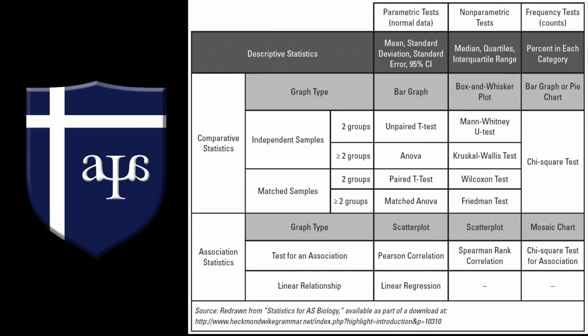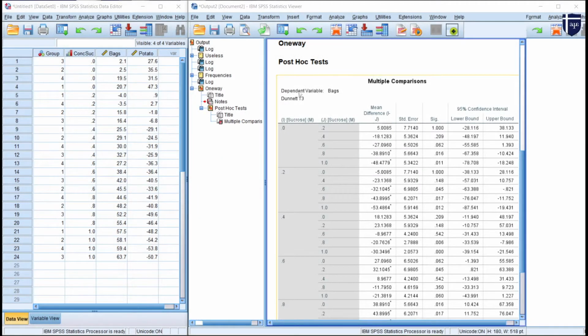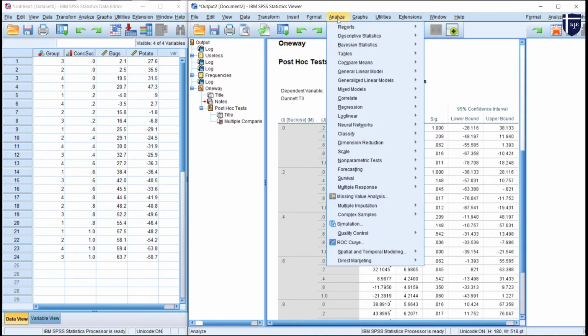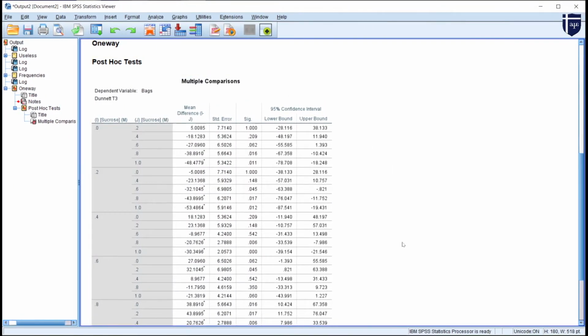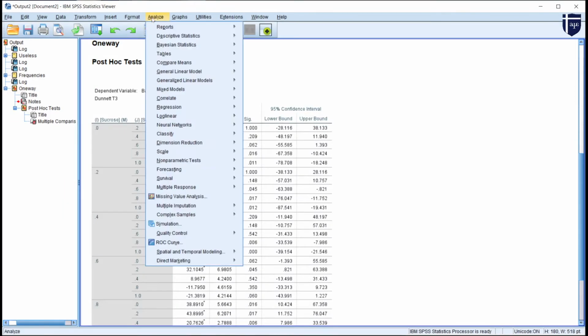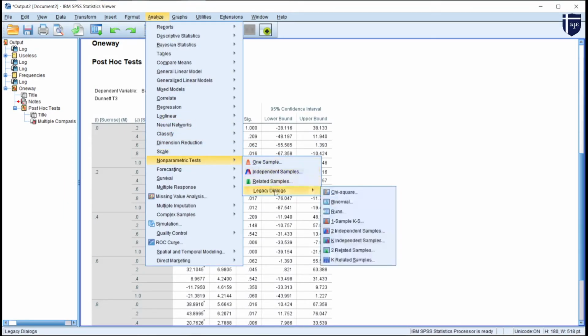Hold on, I need to switch back to here. Okay, I'm going to say Analyze, Non-Parametric Tests. I'm going to run a legacy type, it's called. This is hard to see, so I'm going to drag this to take up the whole window. There we go. So again, Analyze, Non-Parametric Tests, Legacy, and we are going to run, we know it's independent samples,